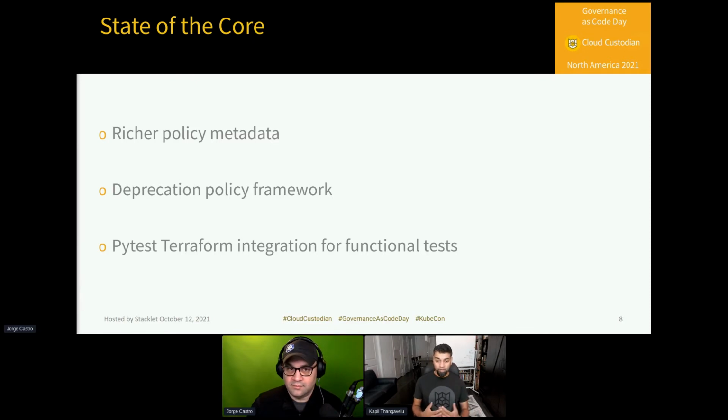So one of the major contributions for the past year was a policy deprecation framework, which allows us to say around particular syntax that this is no longer the best practice. You can validate that as part of the custodian validate command. You can see the deprecation warnings or turn those warnings into errors so that you can fail in CI during validation time.